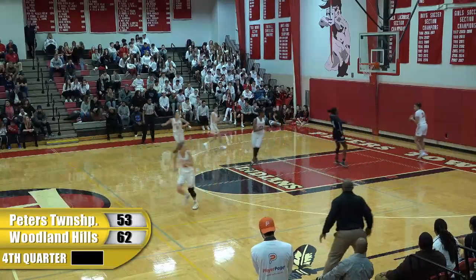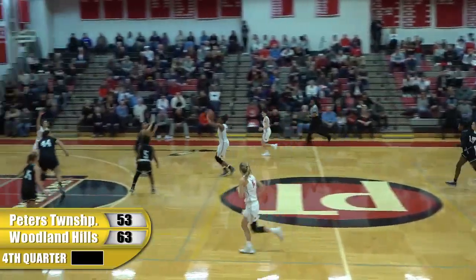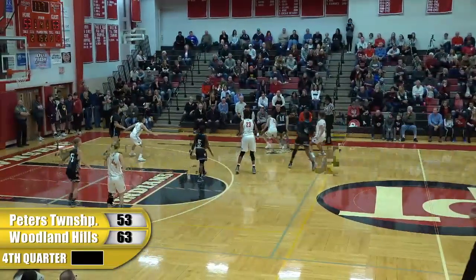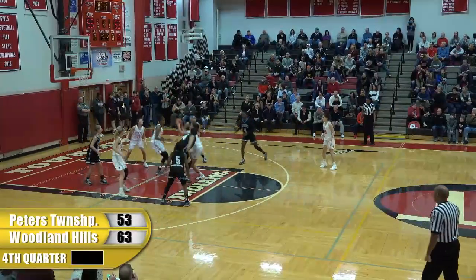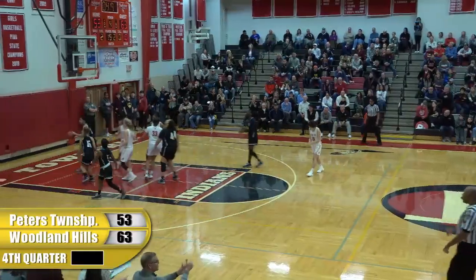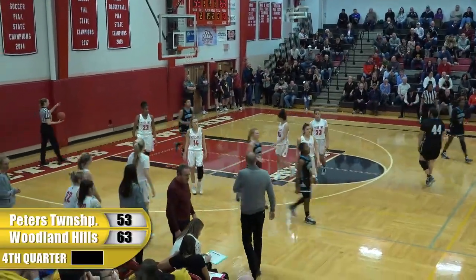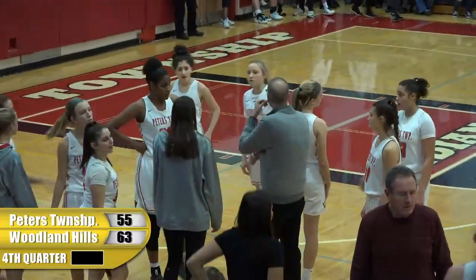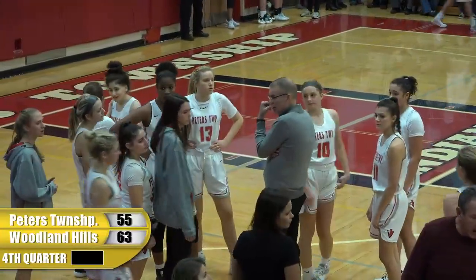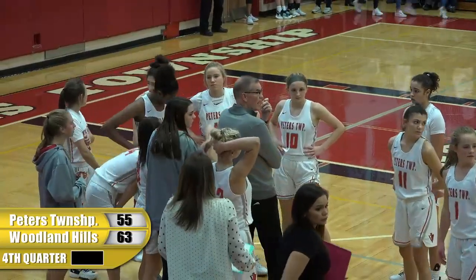So it looks like the Woodland Hills Wolverines are going to get their first win tonight here at Peters Township as the clock is winding down with 7 seconds left. Ball is up and in by the Lady Indians. Score is 55-63 with 4.3 seconds left on the clock as the Lady Wolverines start to celebrate here. Their first victory of the season. It's been a hard-fought battle